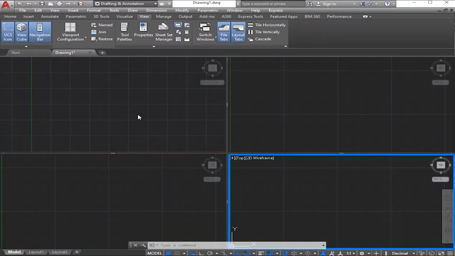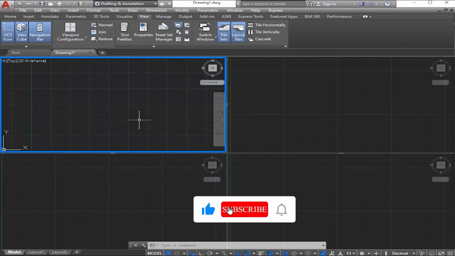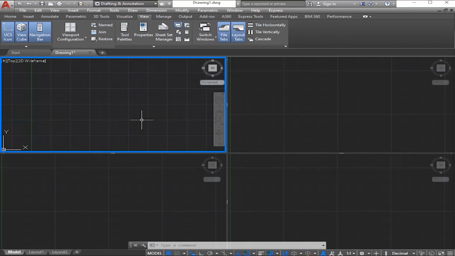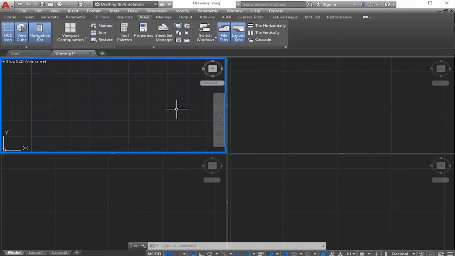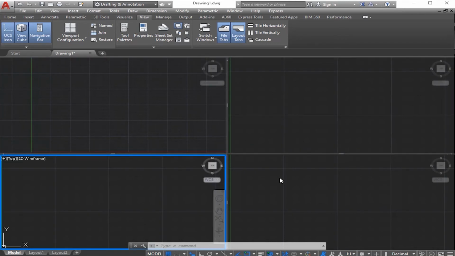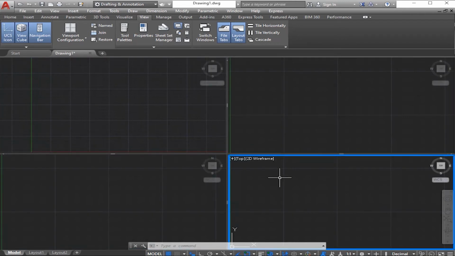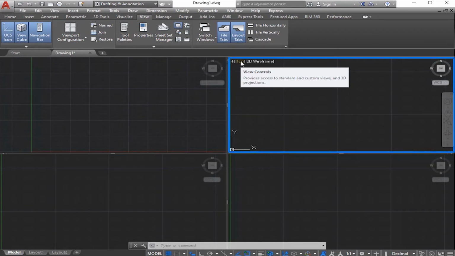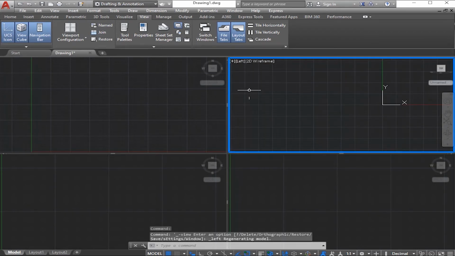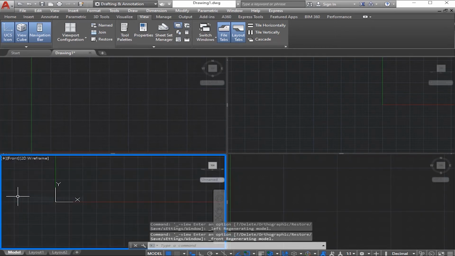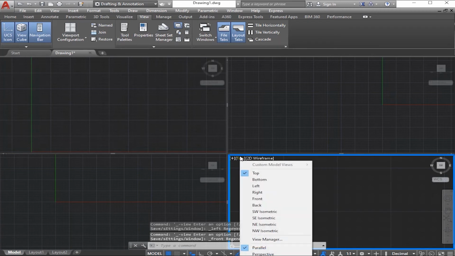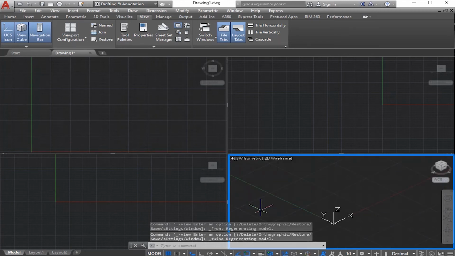Let's change the view of the viewports. This one here you can see is the top view, so I'm going to leave that on. I will change the views of each viewport to top, left, front and southwest isometric one by one. It's up to you to decide the views to make your work easy. I'm going to make this my left view on the upper right. I'm going to change the view for this one to my front view. And then I am going to change the last one to my southwest isometric view.